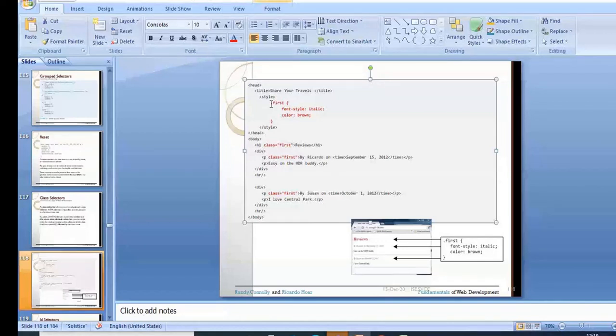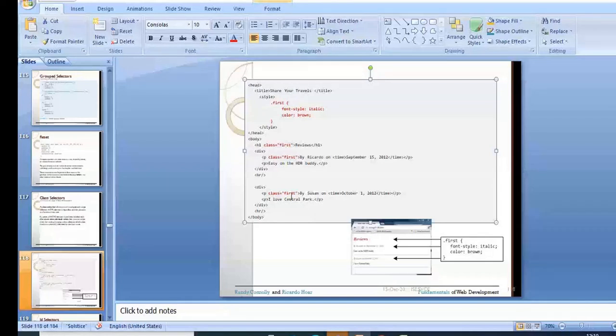For that value, I am specifying "first", followed by the heading you want to give. So that is specified. Similarly, if I want to apply style for the paragraph, here I am going to specify the class attribute for the paragraph, once again "first". Similarly, you can just observe the style.